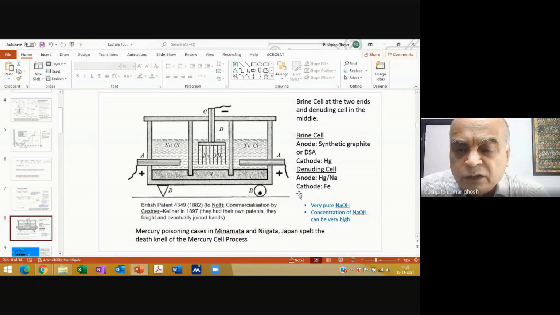Now, in this particular cell, this is a denuding cell. In other words, they had to expose the sodium again. And now what they did was the mercury sodium, which was my cathode, now they used it as an anode. And they used some other thing as a cathode. Yeah, iron or nickel or something else. And so they were applying a positive potential to this, and so under those conditions the sodium got released